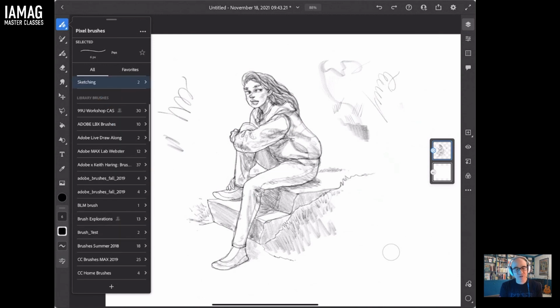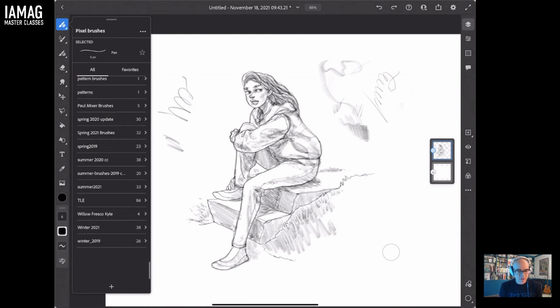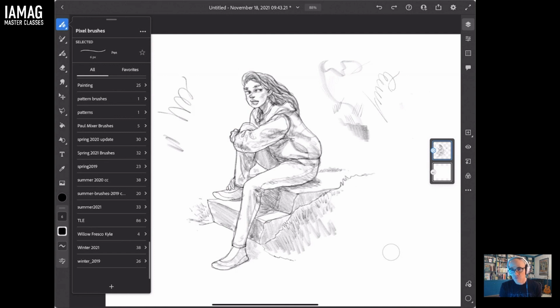So what are libraries? If you're using Photoshop and you haven't been using libraries, I think you should at least look into them. They're pretty amazing. Libraries are places where you can save your favorite brushes, color themes, assets like photos and drawings, vector shapes. All of these can be saved into a library. So what you're seeing here are libraries that I've created in Photoshop of groups of brushes, and they automatically show up in Fresco with your Creative Cloud account. So if I create a library of brushes for a specific project, for example, maybe it's 5 brushes that I'm using for this certain client,